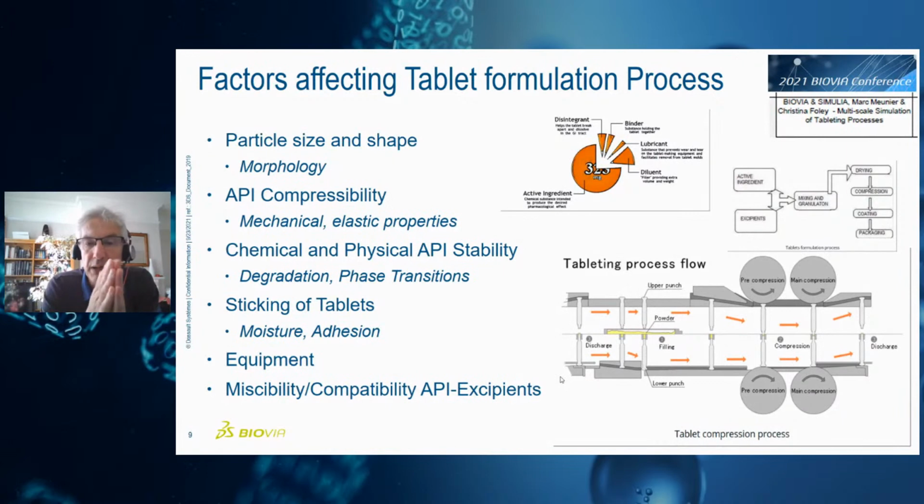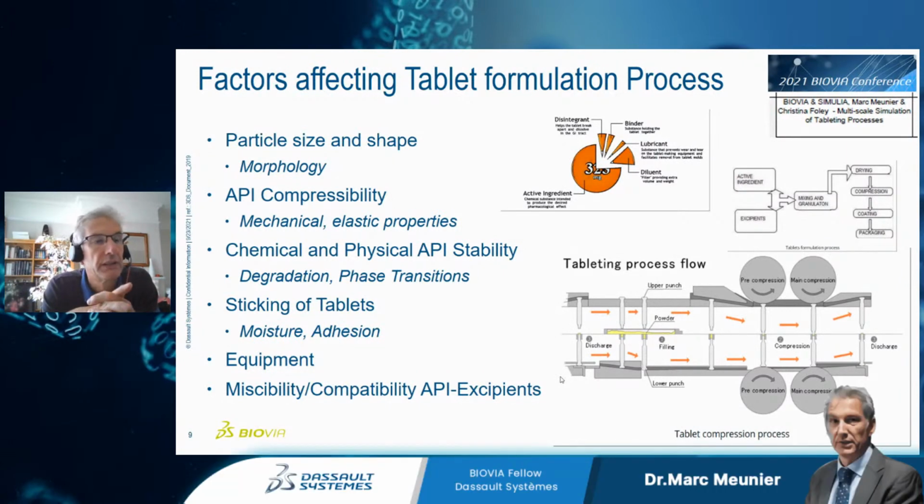An important aspect also is that most of the drugs are given to us in the shape of a tablet, a pill. And I gave a presentation just a few weeks ago at the 2021 Biovia conference on this very topic of multi-scale simulation of the tableting process, shown here.